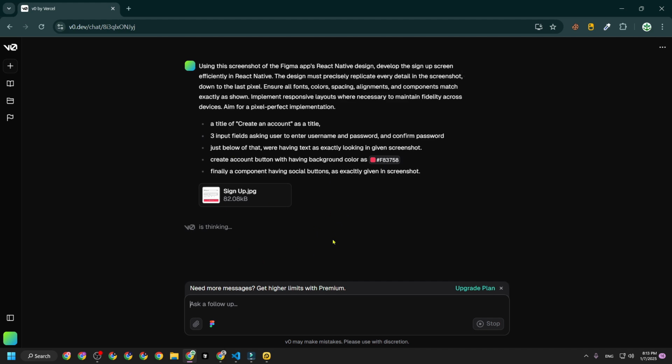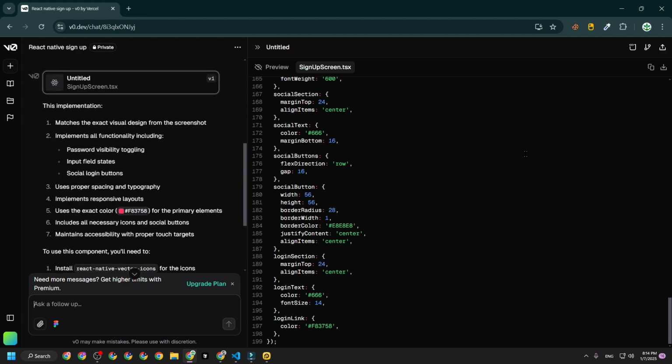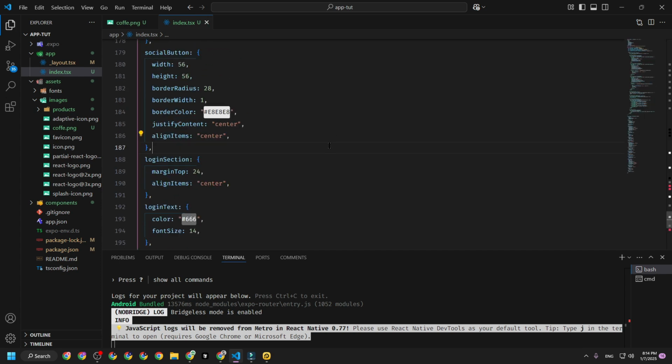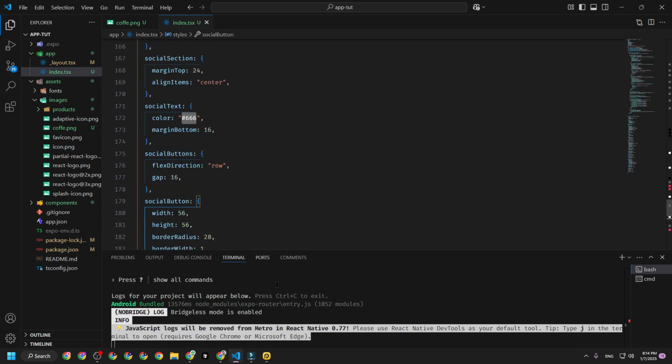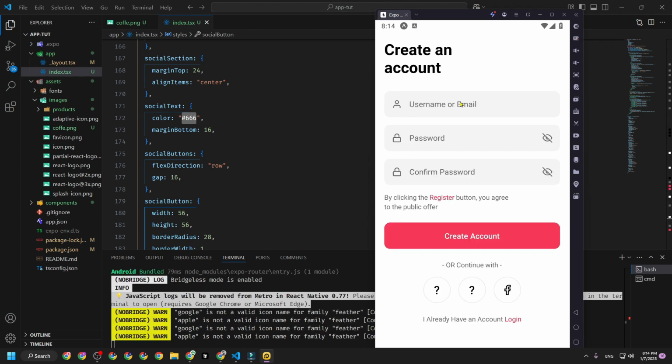So now it is going to give us the code here, guys. So let's wait. As we can see, guys, it has provided me the code. So copy this entire code, come to here and just replace this code here. Now save this file. As you can see, there are no errors here. So come to here, and as you can see, it is going to refresh. So let's wait. And here, as you can see, it provided me the code, but here the icons